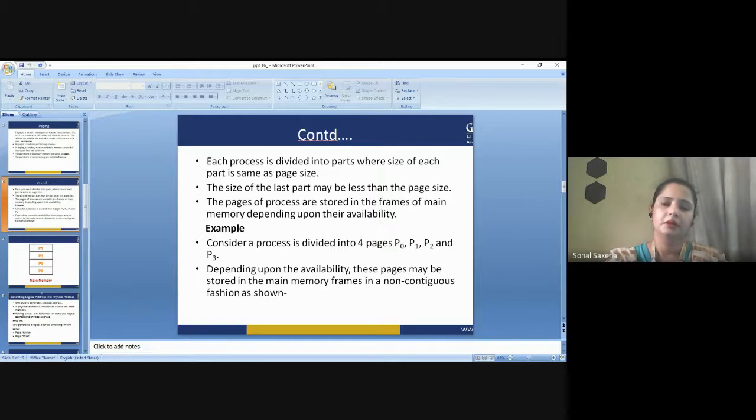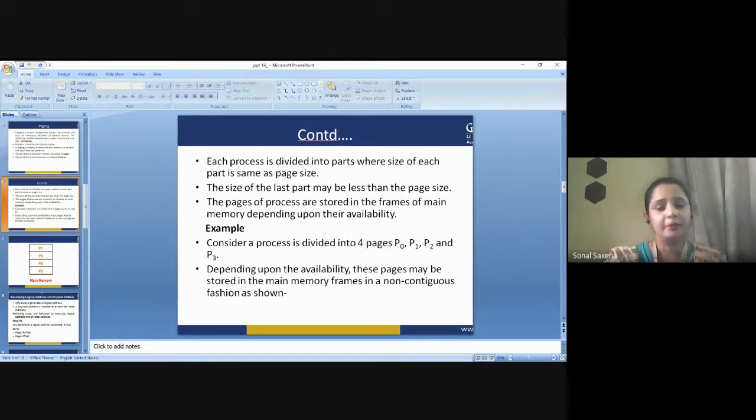But a process is there because it wants to get executed. This is a concept that I have been telling you since we started with this memory management scheme: a process cannot be executed inside the secondary memory. For a process to get executed, it should always come up and get loaded in the main memory. So right now, whatever we have talked about is all about the secondary memory.